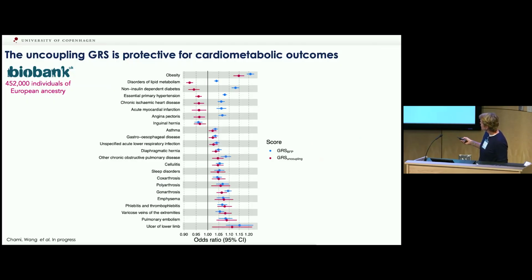Of interest is, of course, the association with other diseases, not the non-cardiometabolic diseases, that seem to be associated with weight-bearing diseases such as cellulitis, varicose veins, and so much. So it's of course a bit tricky to call it healthy and unhealthy, because in the end, the risks of the people with a high healthy obesity score, they're still associated with these diseases in the same way as the unhealthy score.